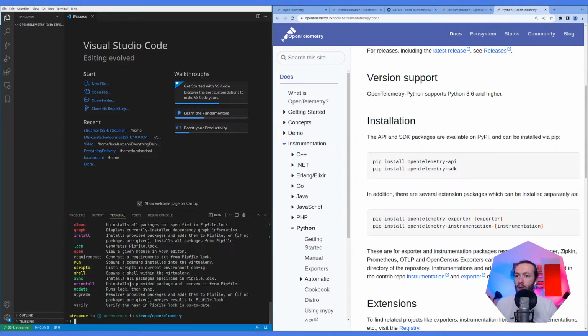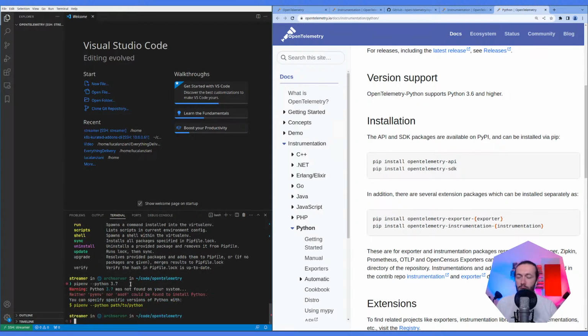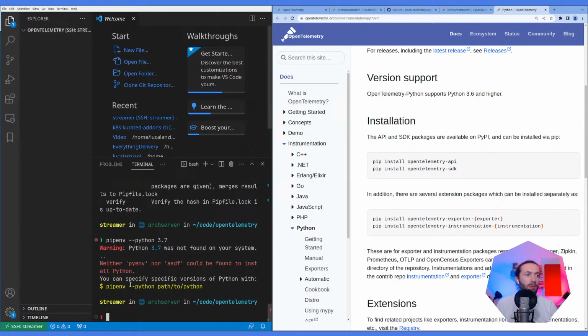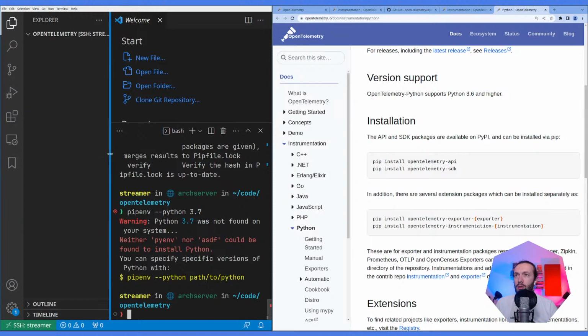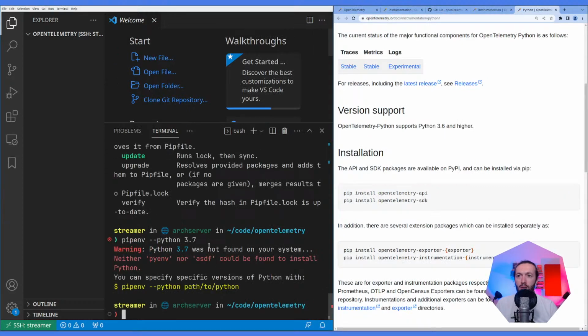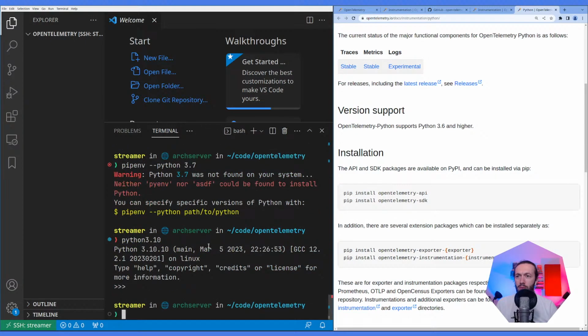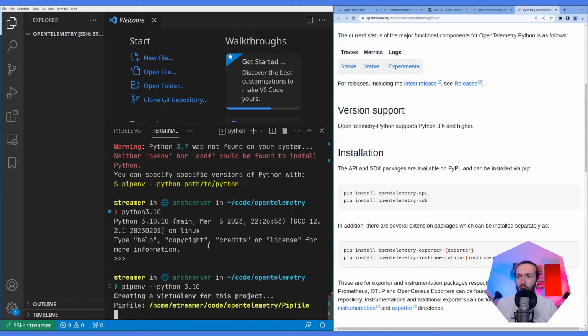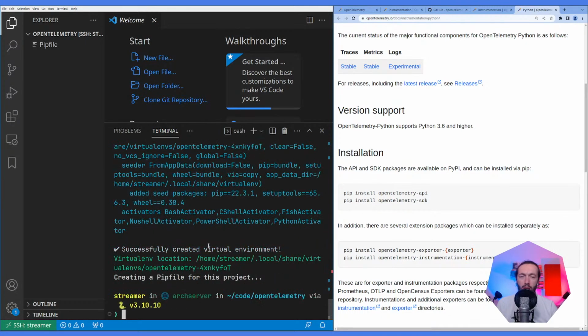Okay, let me also zoom in on this because I don't know if this is visible. And what does it say? 3.7 is not found in the system. To install Python, so what do we do? Pyenv. What if I go with 3.10, as we said, right? Is it possible to go 3.10? Yes, it is. And then we do pip install